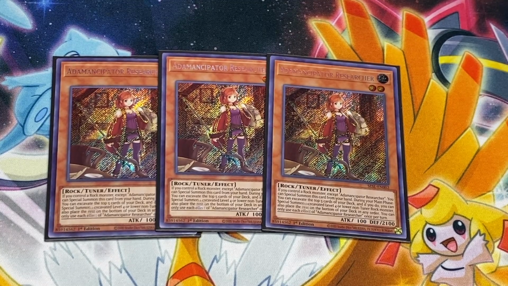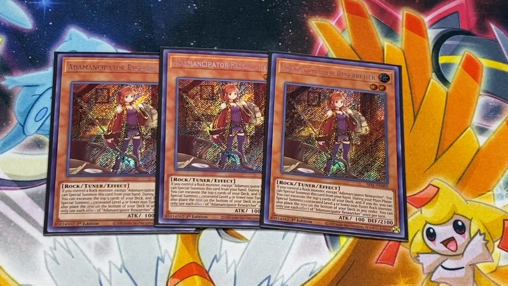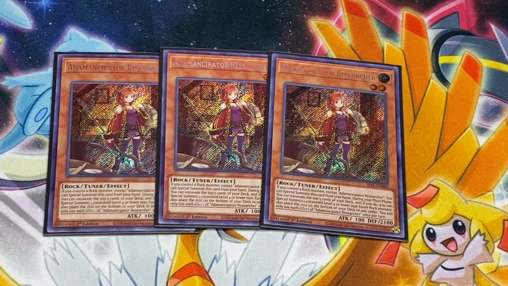And once per turn, you can reveal the top 5 cards of your deck, and if you excavate a level 4 or lower non-tuner rock monster, you can special summon it. And also the remaining 4 cards, you can put them in any order to the bottom of your deck. So Researcher, her requirement is if you control a rock monster except Researcher, you can special summon this card from your hand. So a level 2 tuner, and then you'll go into the 3